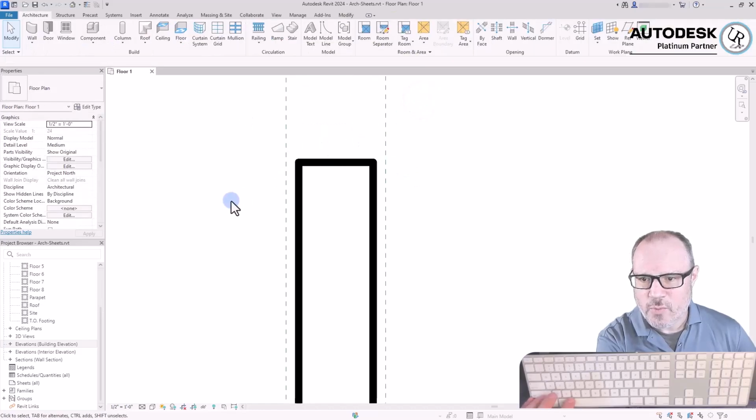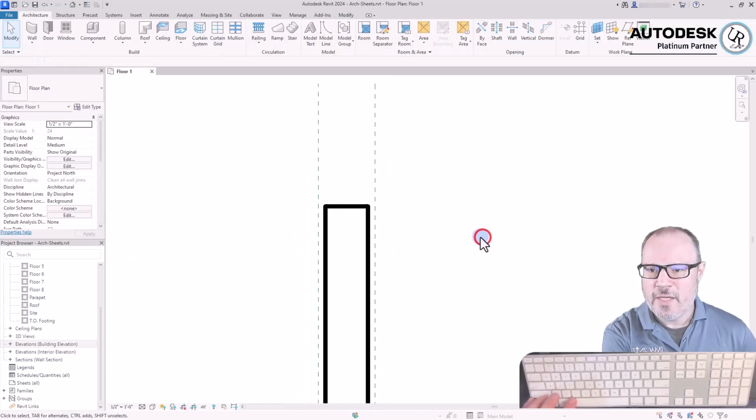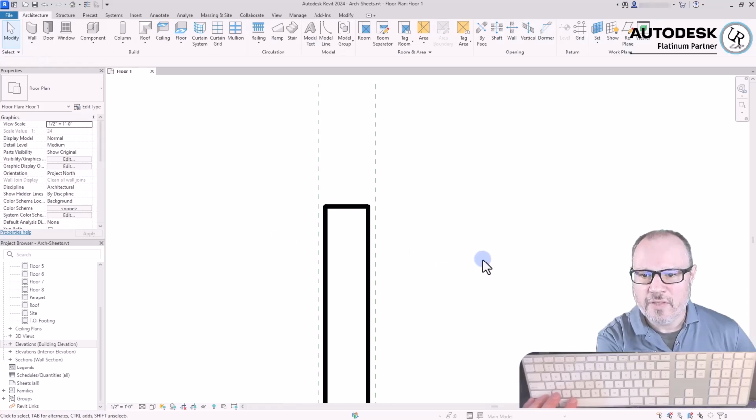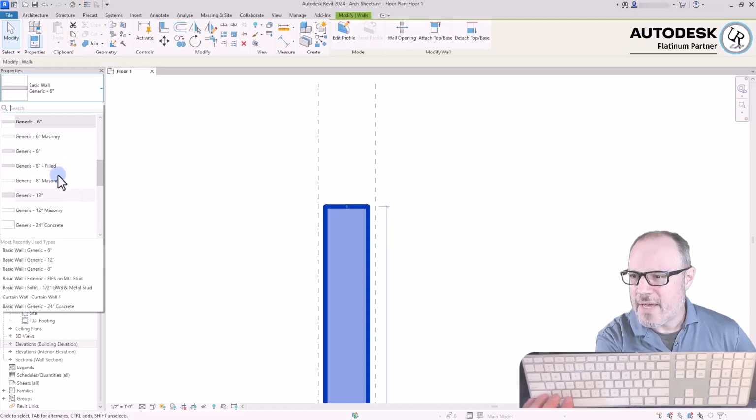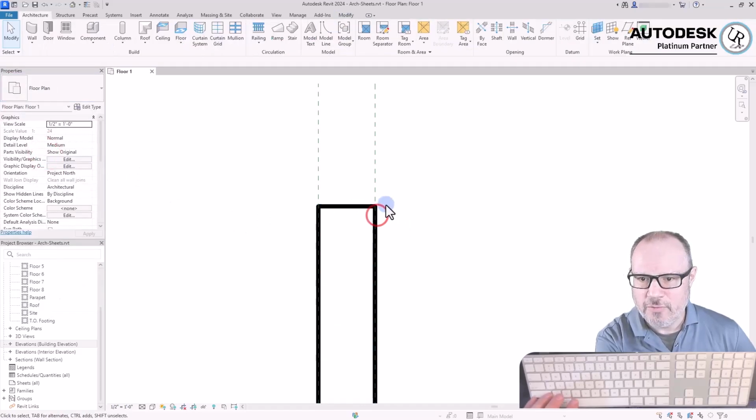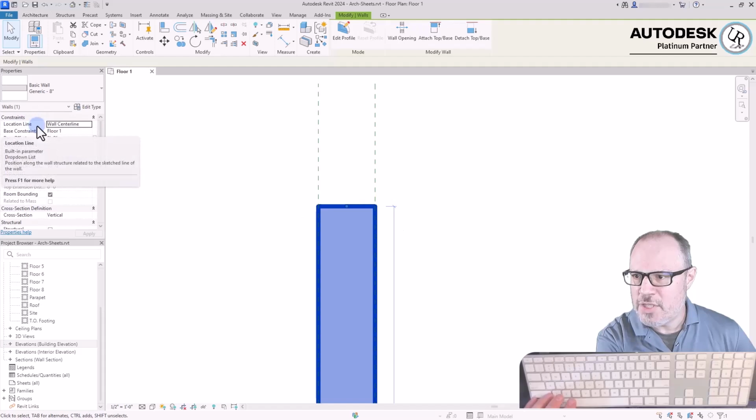As you can see, the square footage on the space on both sides of this wall will grow or shrink as the wall thickness changes. It will be important to understand where the wall thickness changes and where the square footage will increase or decrease on either side of the wall, because it will impact your square footage of room spaces inside of the building. Changing back to an 8-inch wall type sets it back to a full thickness,